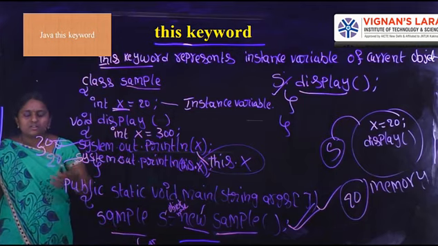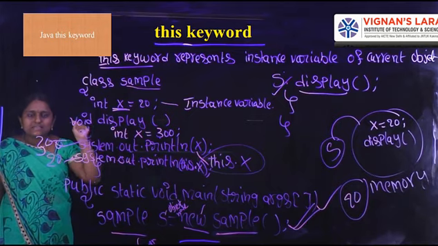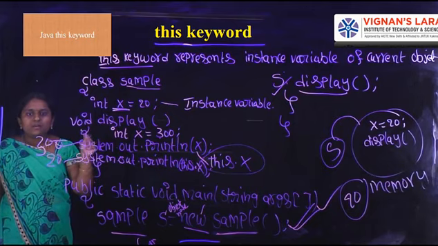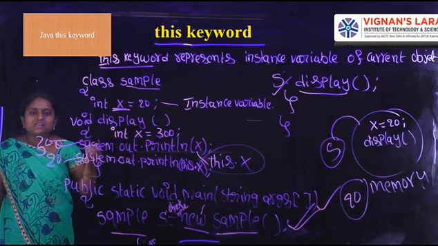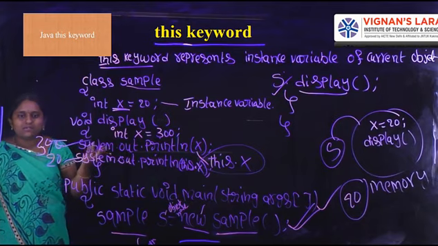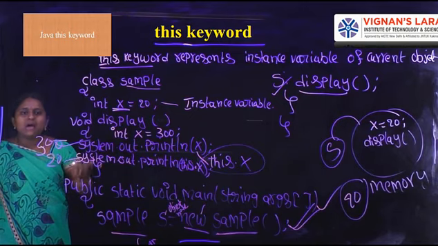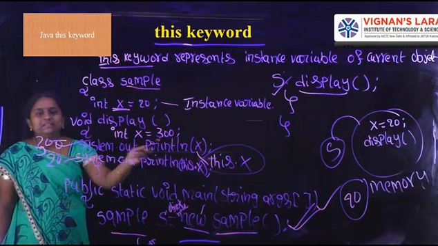So far, what we have discussed regarding the this keyword is that it represents the instance variables of the current object. If you define the same variable name for an instance variable and a local variable, at the time of compilation the compiler gets ambiguity about which is the local variable and which is the instance variable. We can remove the ambiguity, and that's why we separate instance variables using the this keyword.